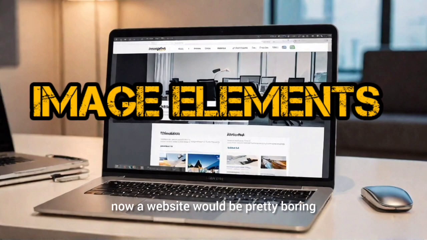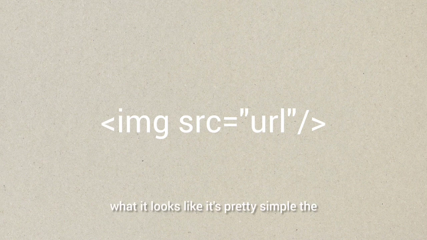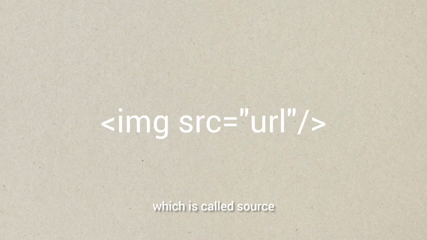Now, a website would be pretty boring if it had no images on it, right? So, in this lesson, we are going to learn how we can add images to our website using the image element. Now, this is what it looks like. It's pretty simple. The main component of an image tag that renders the image is this attribute, which is called